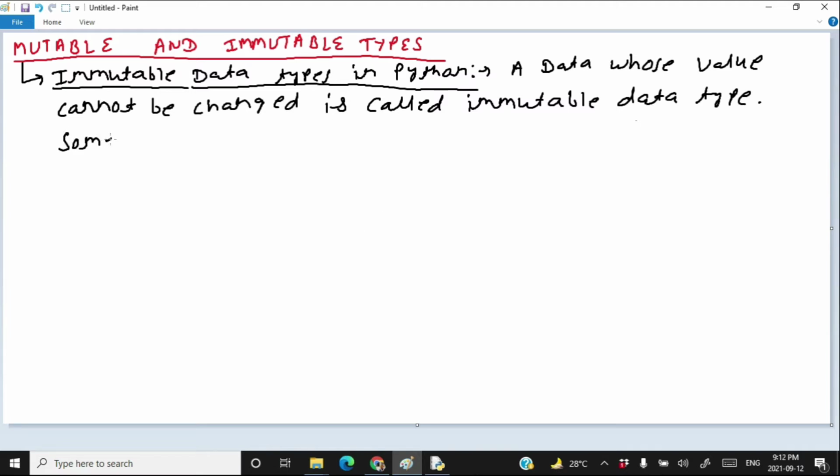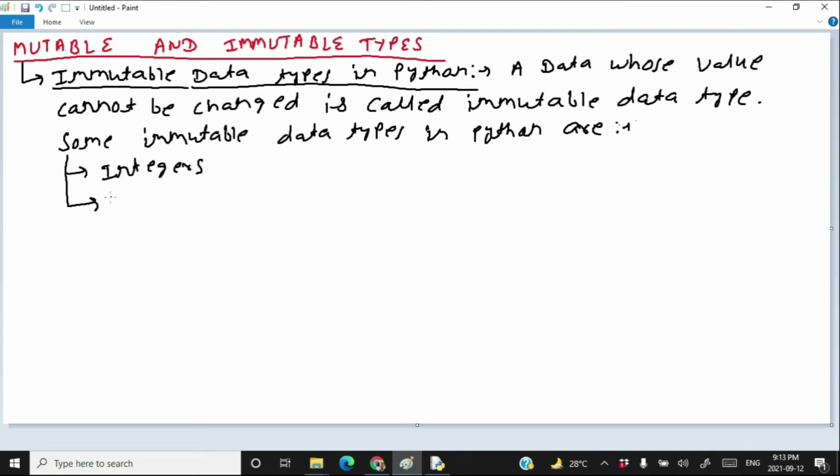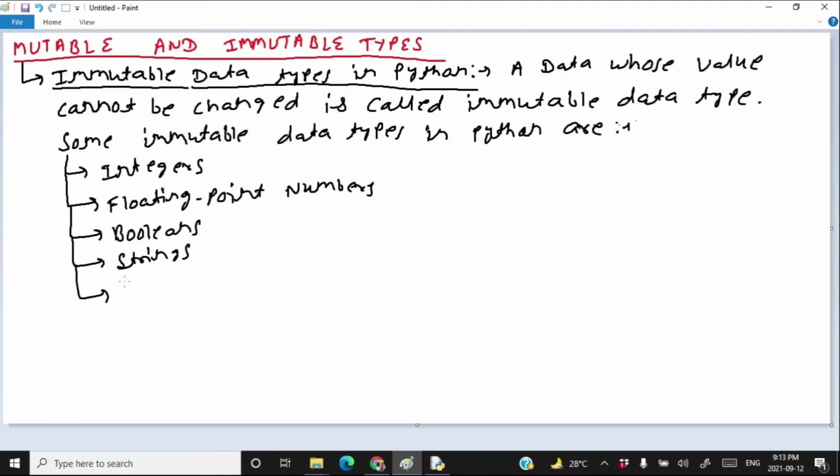Some immutable data types in Python are integers, floating point numbers, booleans, strings, tuples. So these are immutable data types in Python.